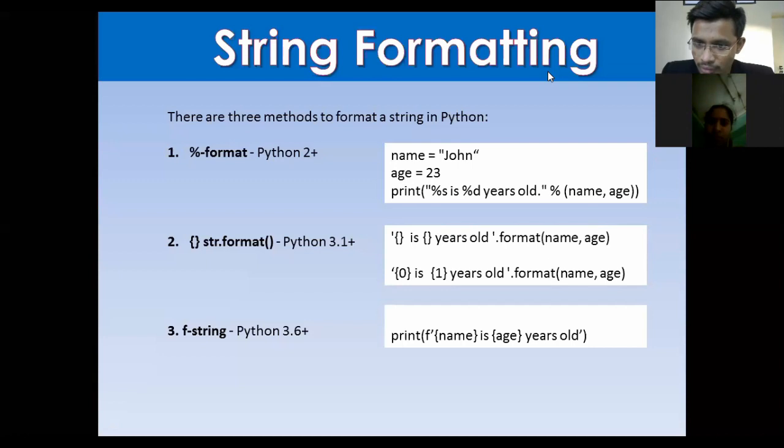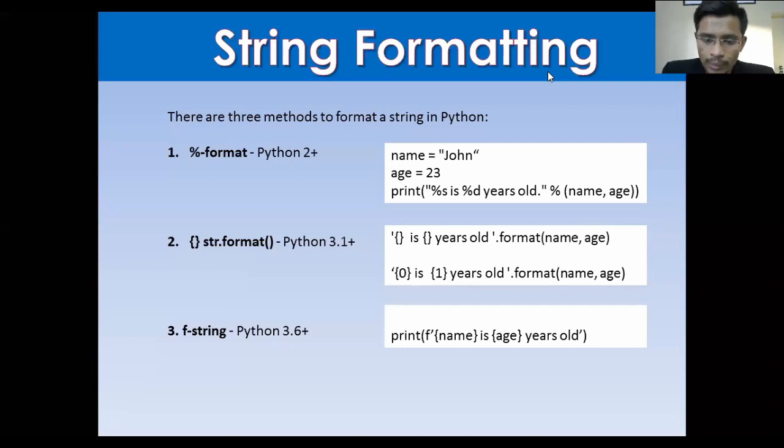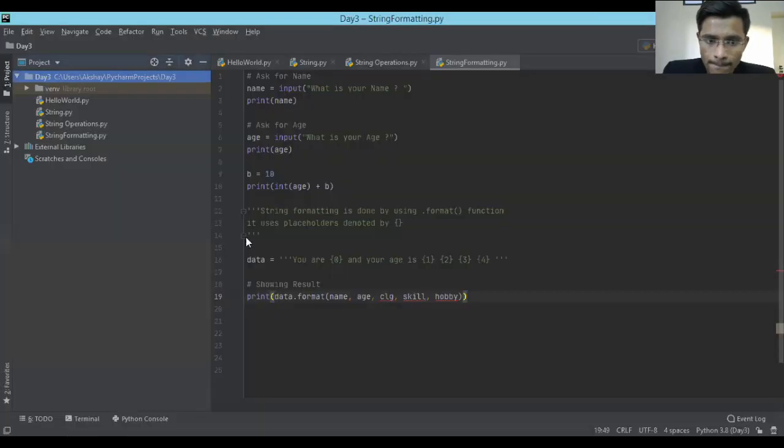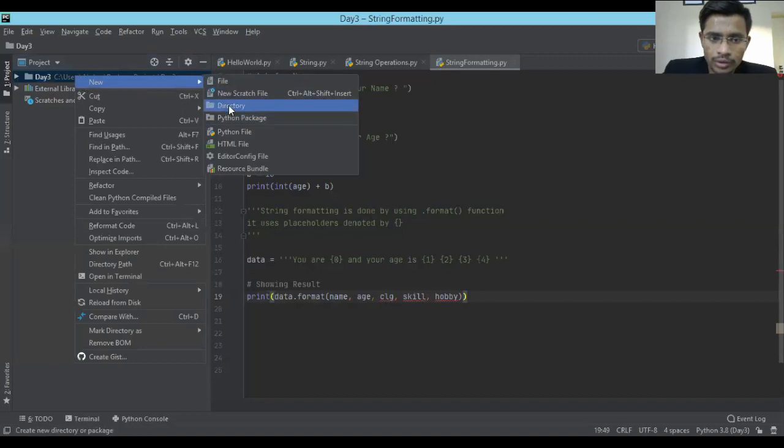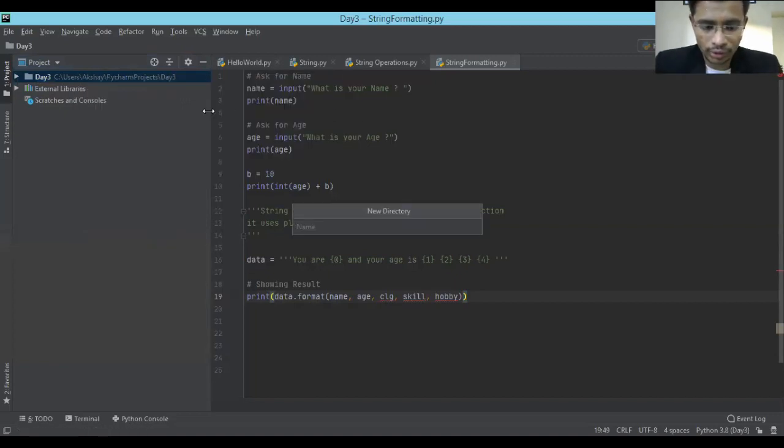If you have PyCharm open in your system, just go ahead and start doing this third type of formatting. Till the time, I'm sharing my screen. Let me share my screen. For today I'm going to create a new folder in which I'm going to store all the data which we are going to learn today. That will be easy for me.